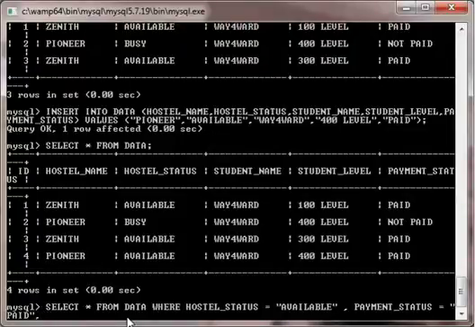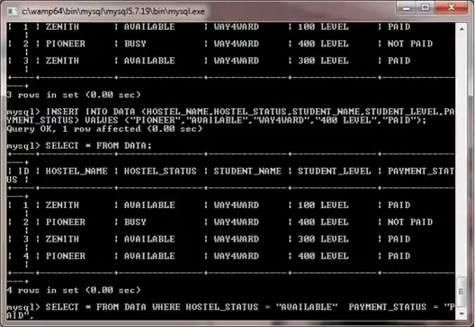So in this place now we need to use a concatenation, we need to use a bracket here, because we want to write two conditional statements. The hostel must be available, you must have paid, and then where hostel status is equals to this, and it shouldn't be a comma, it should be a relational statement, which is and then the payment status must be paid,